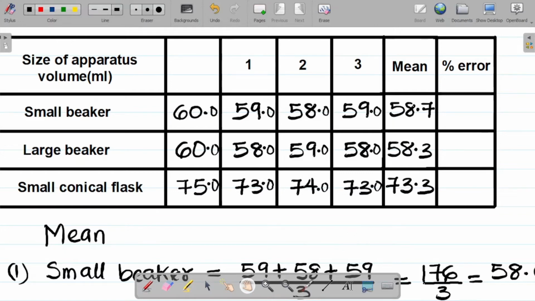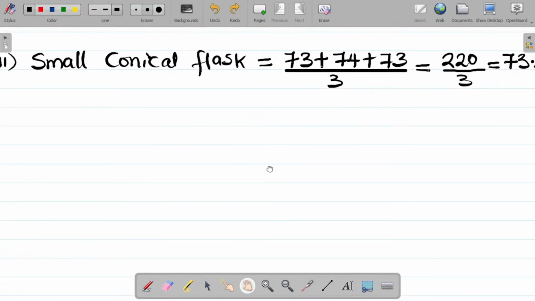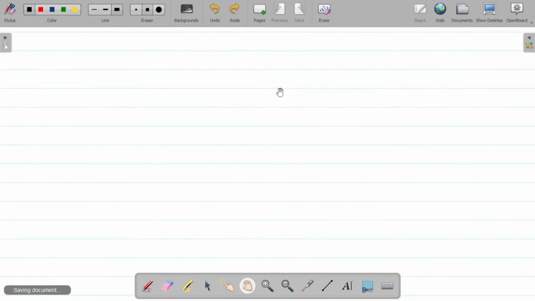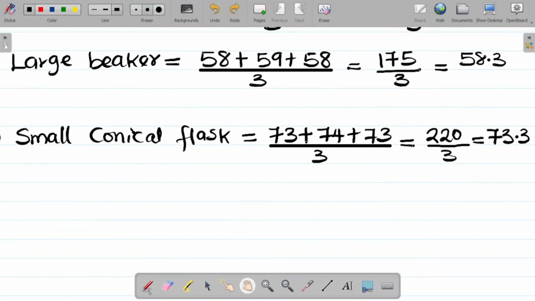Our next task will be to fill in the column of the percentage error. That's this column here. So let's try to fill in this column. How do we do that? First things first, when we say percentage error, what do we mean? So what do we mean by percentage error, and how do we find it? That's where we start from. My next task now is to find